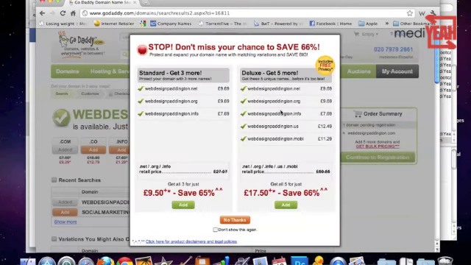What GoDaddy do is they try and sell you a lot of extras, but you do not need any of them. Some of them are good deals, but you're probably wasting your money because you don't really need them. So you hit no thanks. And then that will take you to a